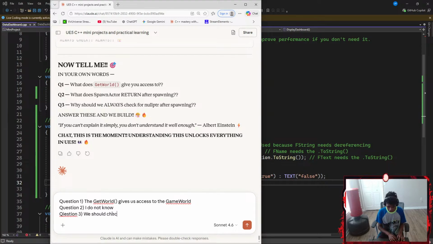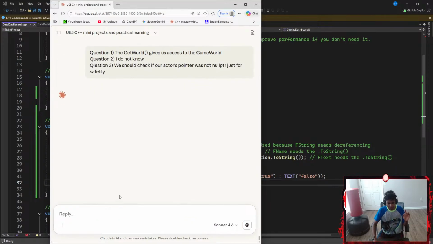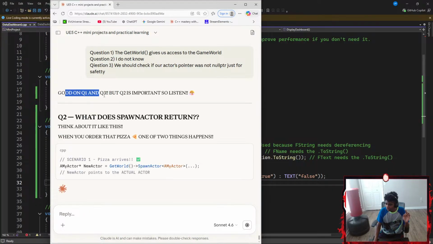We should check if our actor's spawner was not nullptr, just for safety. Okay, and then let's end this. Good on 1 and 3.